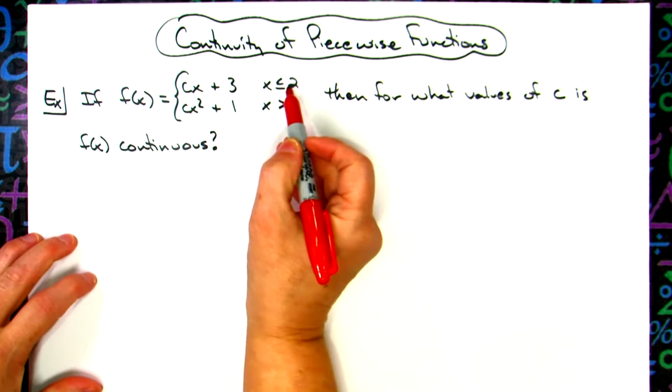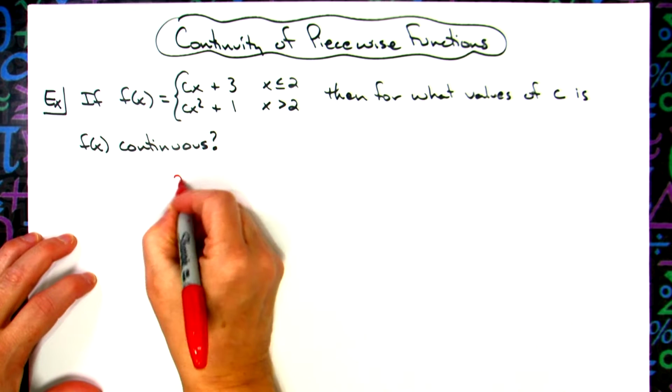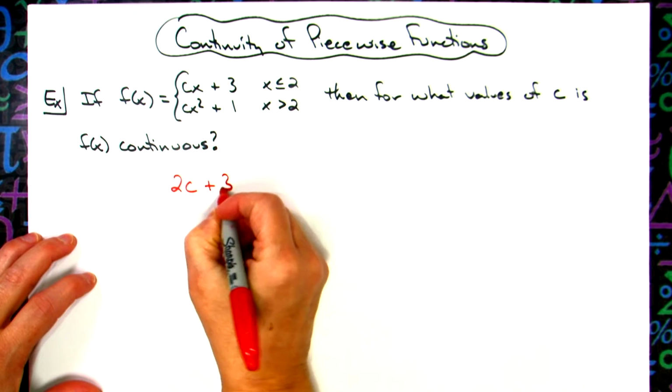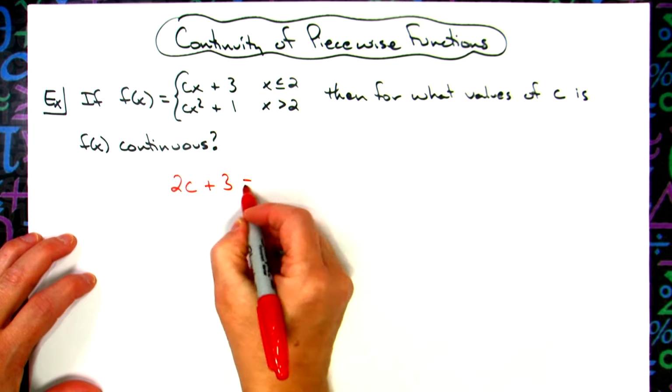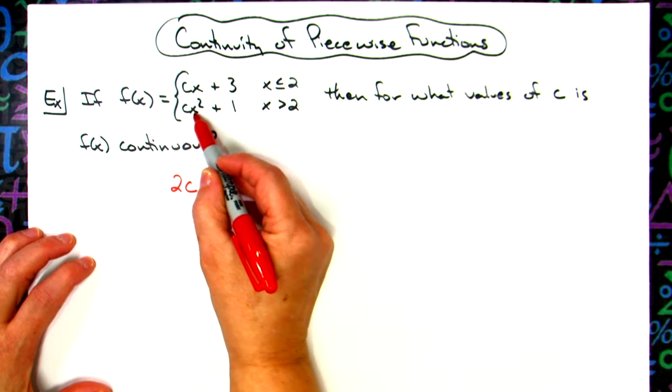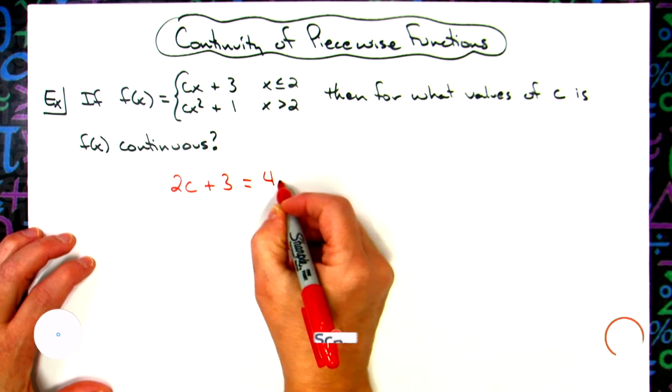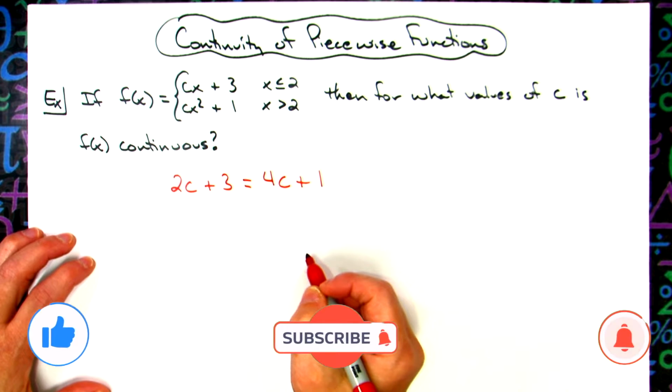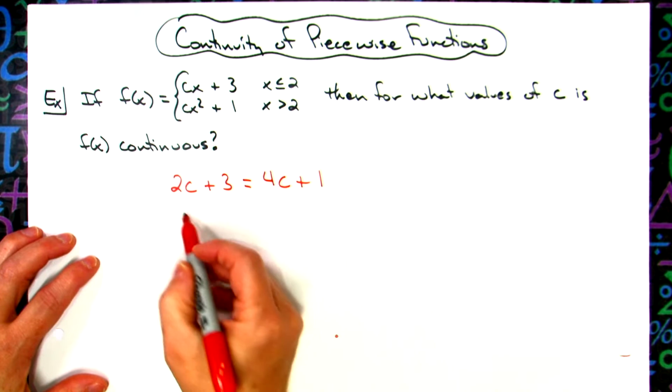So when I plug 2 in for x, I'm going to have 2c plus 3. I'm going to set that equal to whatever I get when I plug 2 into the bottom. When I plug 2 in for x here, 2 squared is 4, so I'm going to have 4c plus 1. At this point, we're just going to go ahead and solve for c, so I'll subtract 2